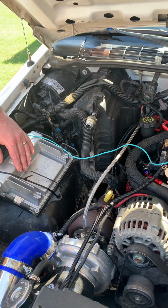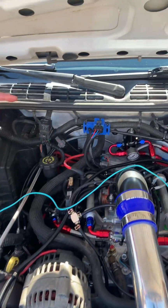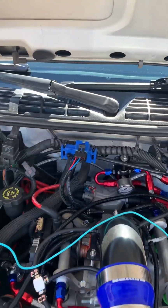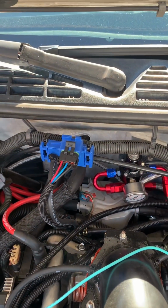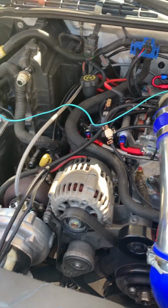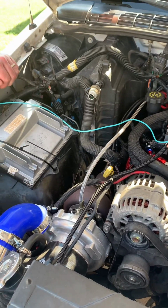Now that you mentioned the tuning aspect of it, another thing I had to do was convert over to a 3-bar map. I could have got away with a 2-bar, but I kind of wanted to give myself some growing room there, so I'm running a 3-bar. And so with doing that,